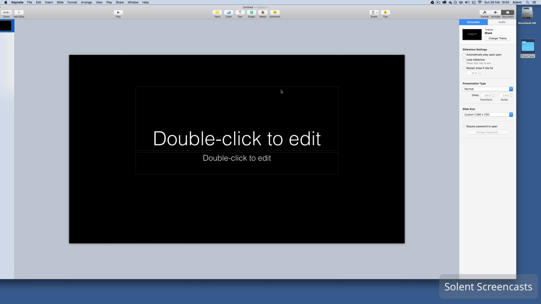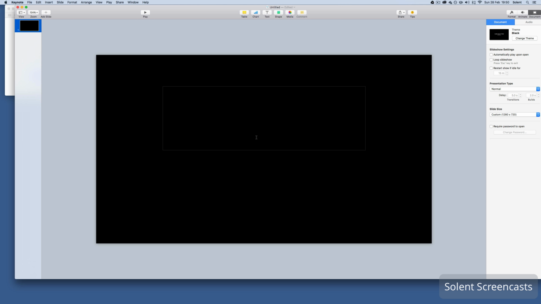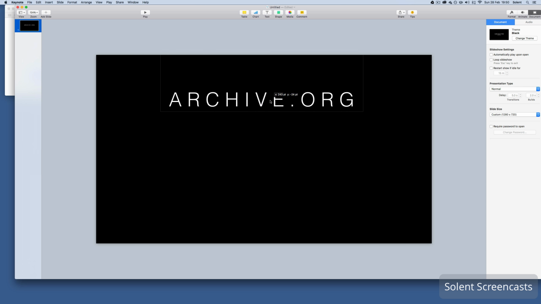I'll just zoom there. I will get rid of these elements, and this is going to be my home page or landing page. So I'll just put a title on there. You can put a graphic element. I'm just going to call it archive.org. Okay, I'll just make that look a little bit nicer, spread it out, put it on there. Now I'm going to create representations of some clickable buttons that would take me to different sections